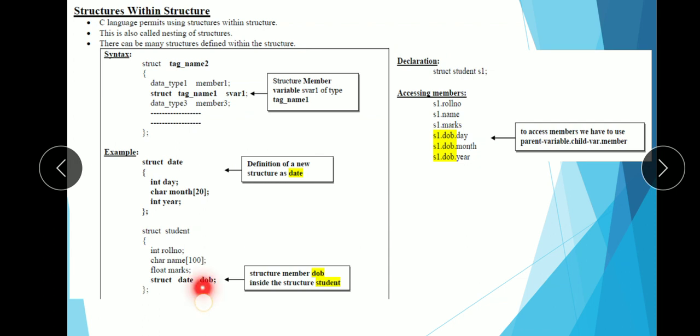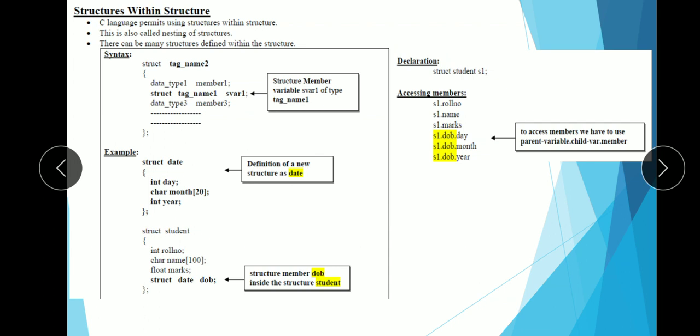Now here DOB, that is date of birth, is of type date, and this date is our another structure. That's why I have to say this as struct followed by its name, that is date, then followed by variable name. So here we are using one structure within another structure.